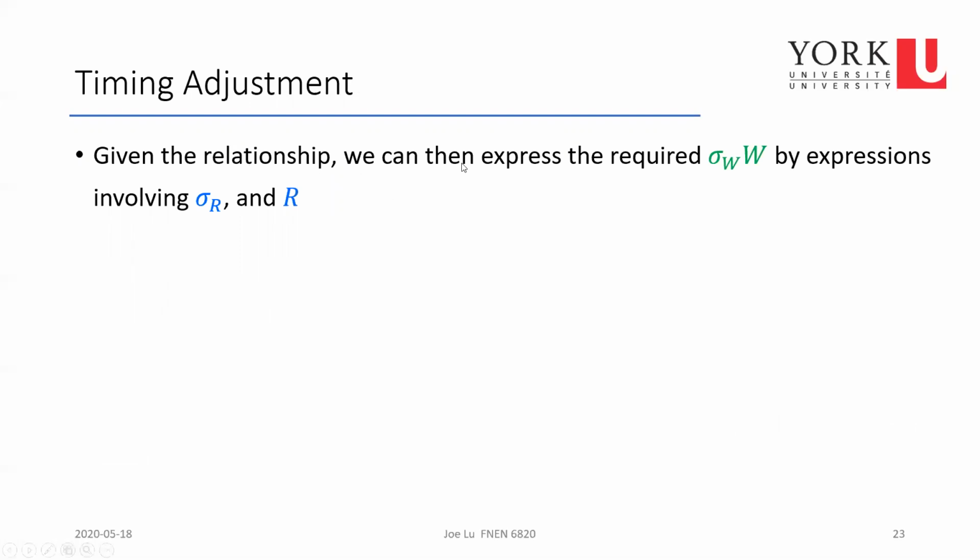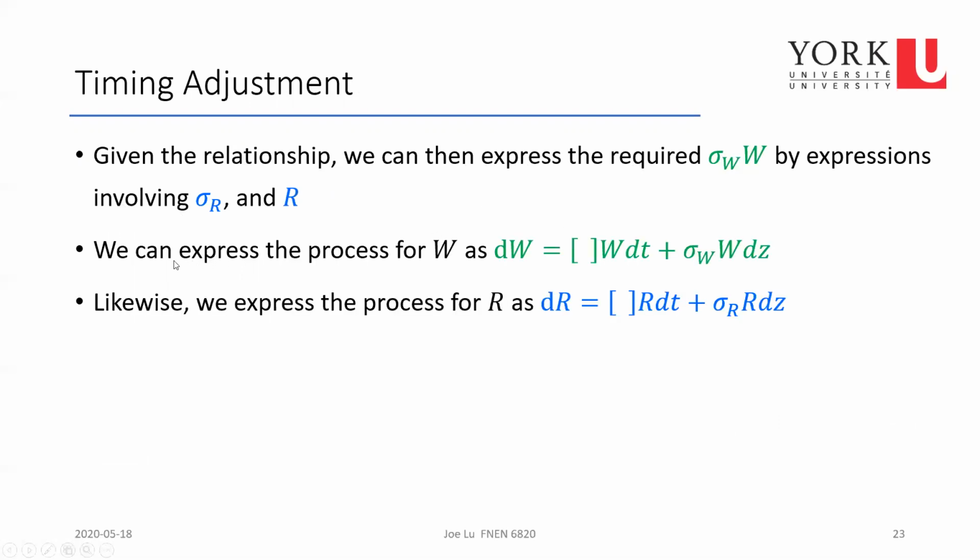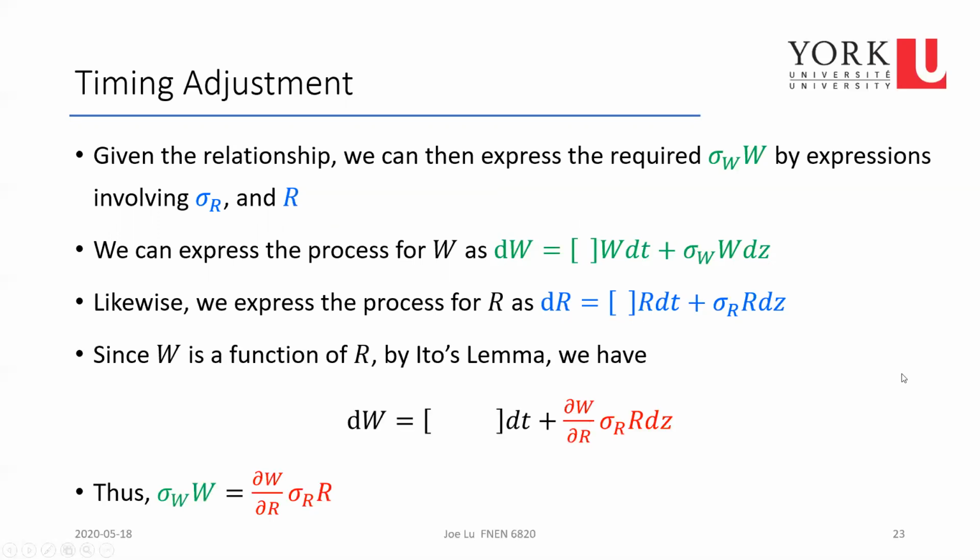Well, given the relationship, we can then express this sigma W with something called R and sigma R through Ito's lemma. So if we look at dW, it should be some drift plus a volatility term here, and dR is a drift times volatility, but they're linked through a function. Then we can use Ito's lemma. So by Ito's lemma,